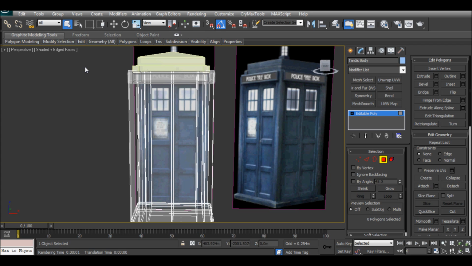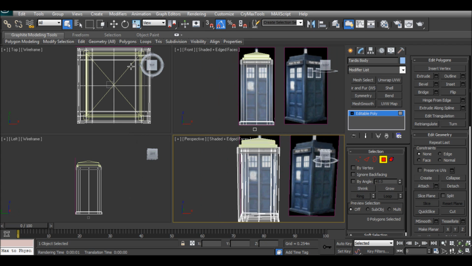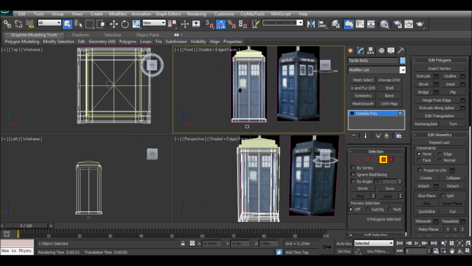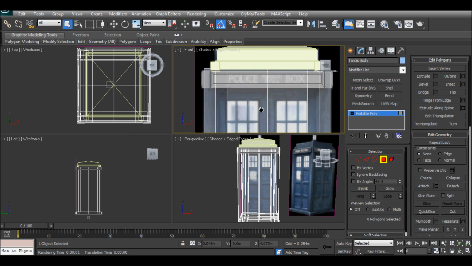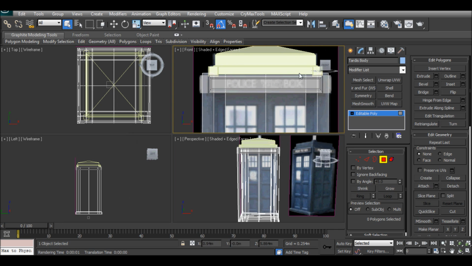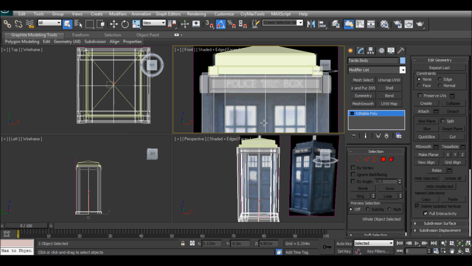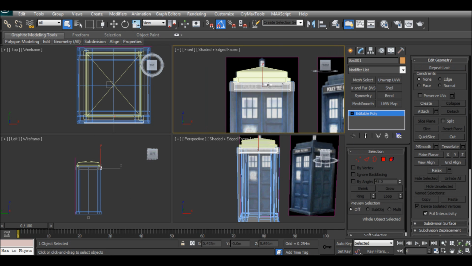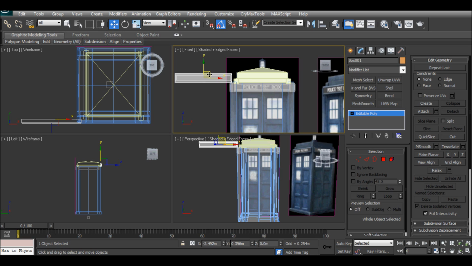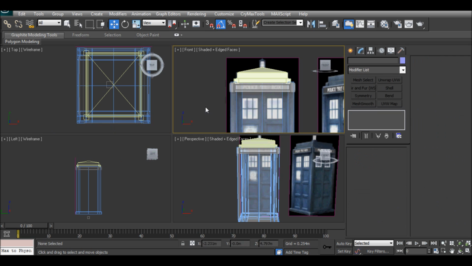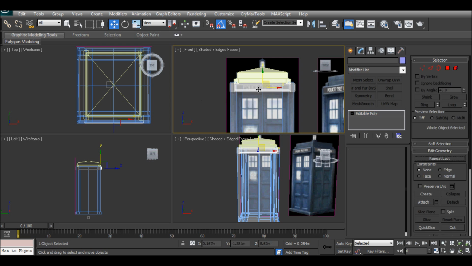So I'm going to press and hold Alt and W to get all the other windows up. I'm going to zoom into the front. I'm just going to look. Press W or click this, and the police box window isn't big enough. It's beveled in too much here. We'll just sort that out later. So I'm going to hold Control and press C. Reset that. So what we're going to start on now is the